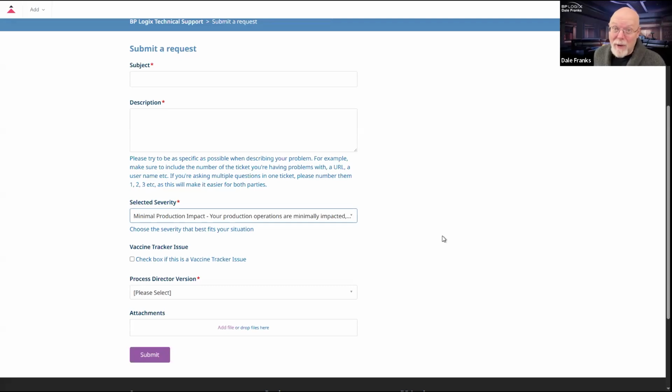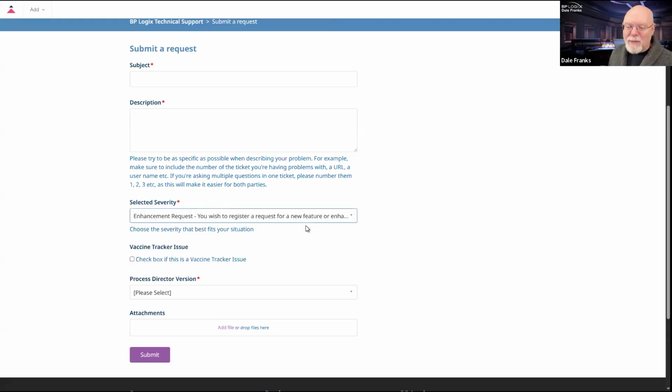Probably means somebody made a mistake on that form, or somebody did something they weren't supposed to, and we've got to fix that one form instance. It doesn't mean your entire system is affected. That's a minimal production impact. A specific process instance goes wonky. Most of them are fine, but this one is bad. Okay, let's look at that one. But in the greater scheme of things, it's not that serious of an issue because everything else on the system is largely running well.